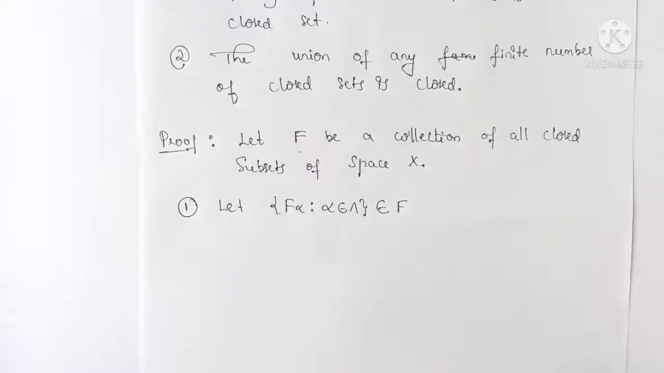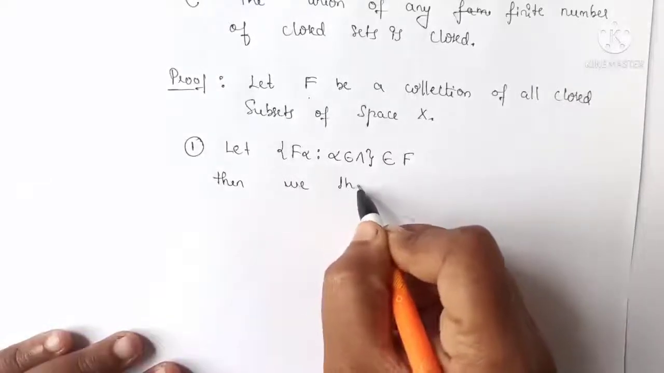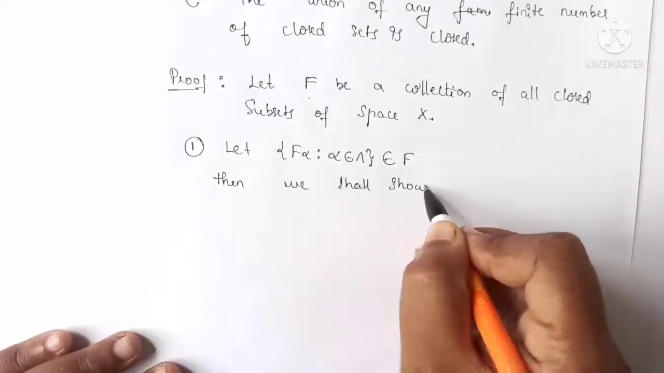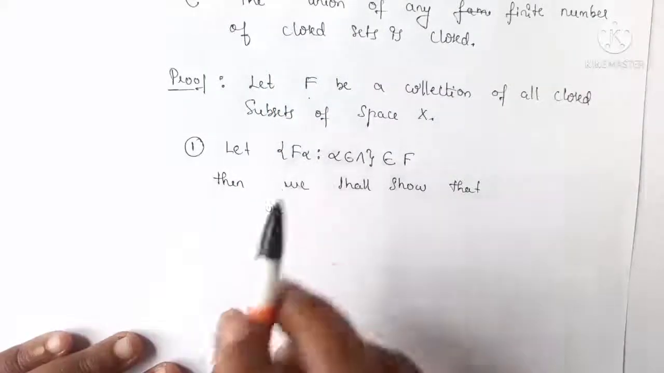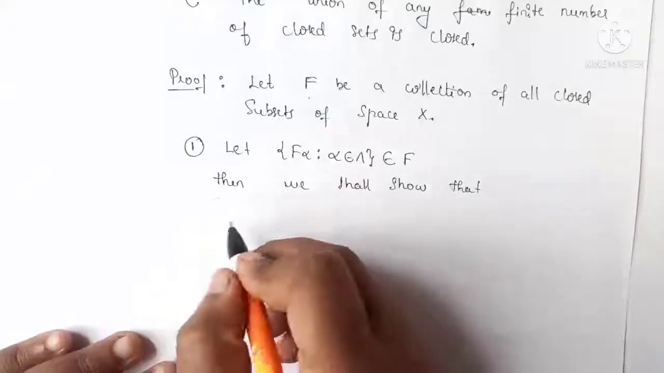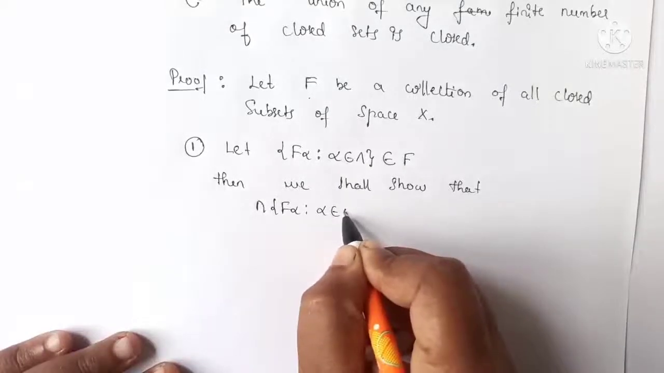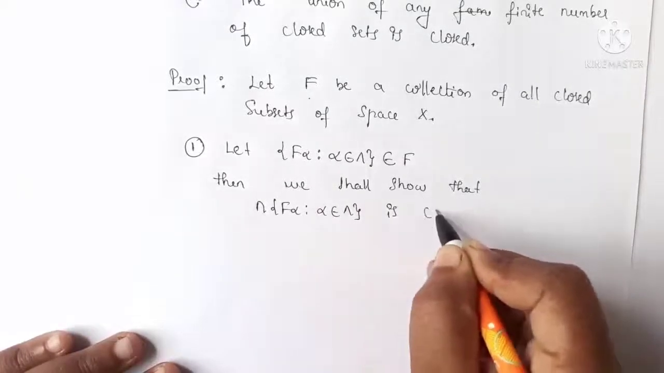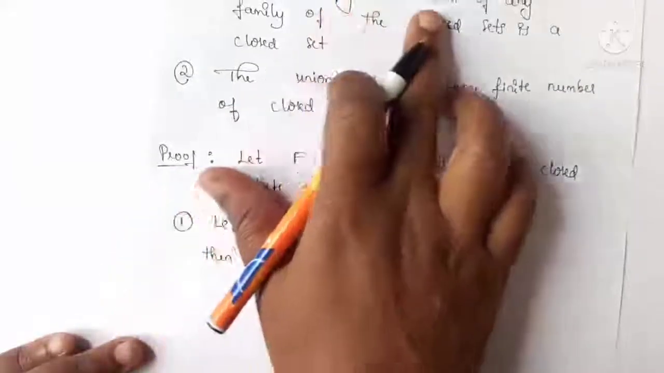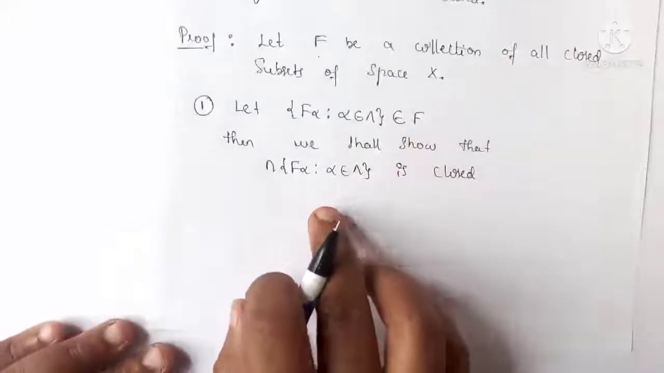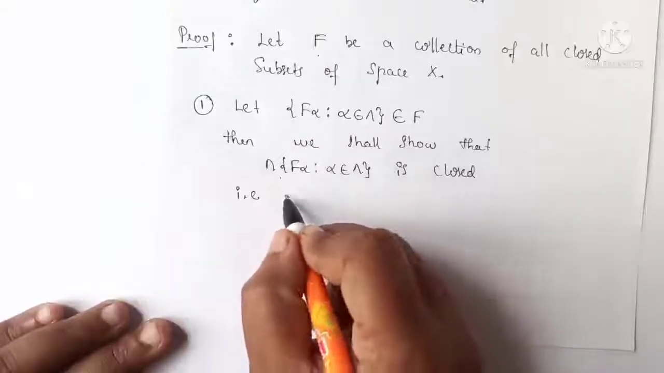Okay, then we shall show that, for the first one, the intersection of all these F alpha, for alpha belonging to the index set, is closed. To show that the intersection is closed, we have to show that